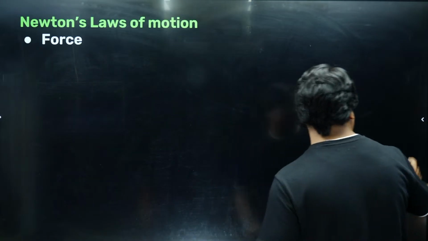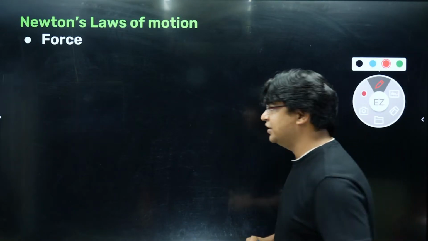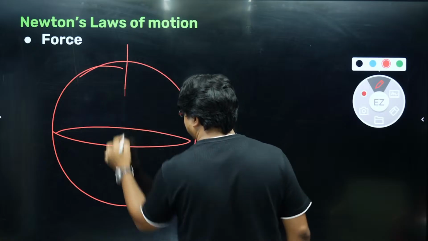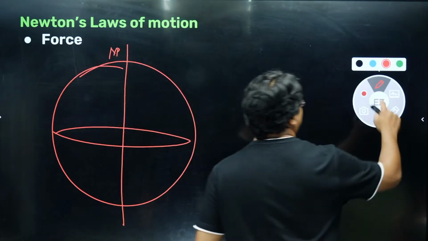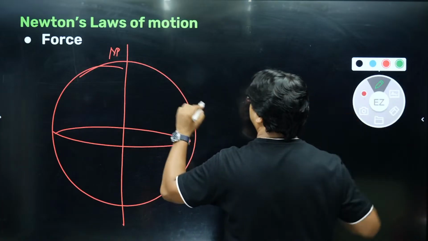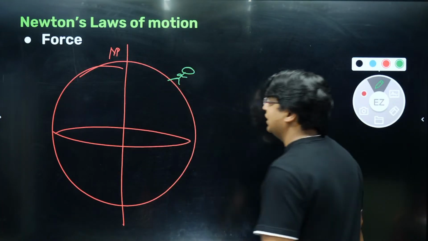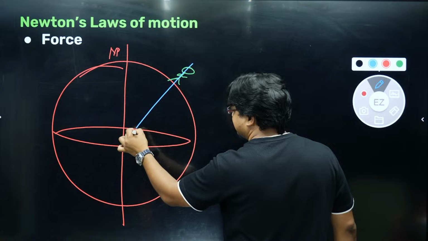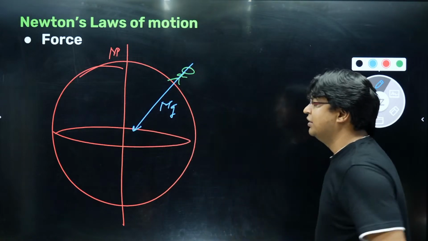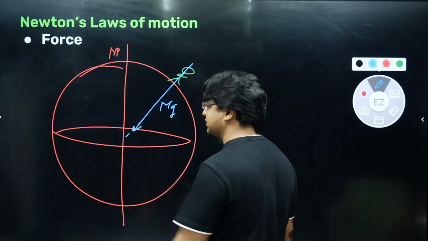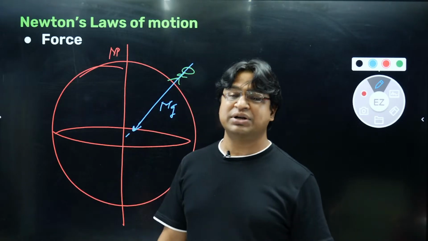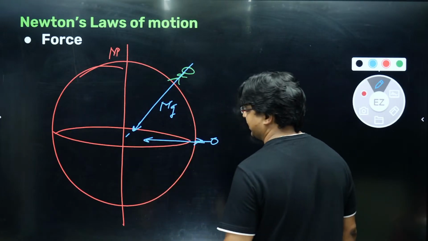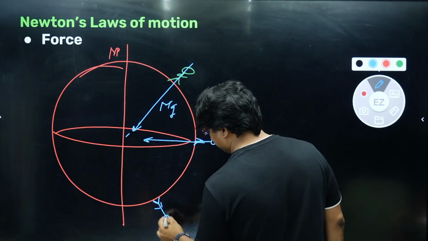Now what does that mean? When we say the direction is vertically downward, what does that mean? Let's say this is Earth, this is the equator, this is the axis, and this is the North Pole. Let's say there is a person standing here, maybe a giant person, and I want to draw its weight, the mg force. This would be the direction of mg. So when I say vertically downward, which direction is it? It is the radial direction towards the center of the Earth. If the person is standing here, then the mg force would be like this. If the person is standing here, then the mg force would be like this.